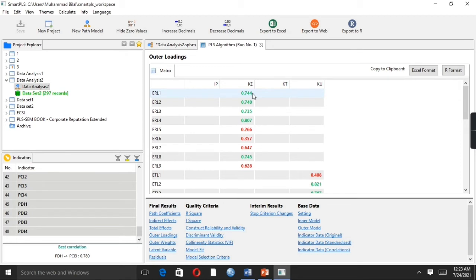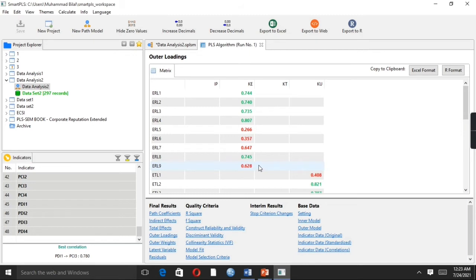As we know, the threshold limit of outer loading is that it must be greater than 0.70. However, a few values like ERL6, ERL9 and ERL7 are greater than 0.60. As we stated, for values greater than 0.60, we can accept these item outer loadings. So ERL7 and ERL9 also fall within the acceptable limit, because these values are greater than 0.60.